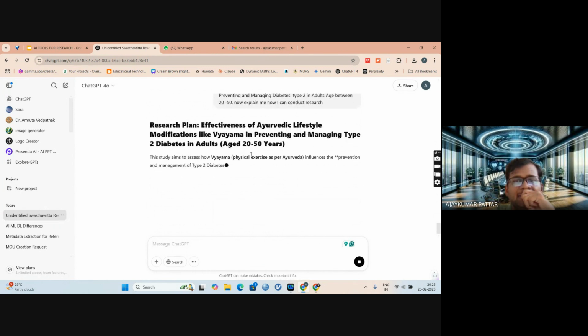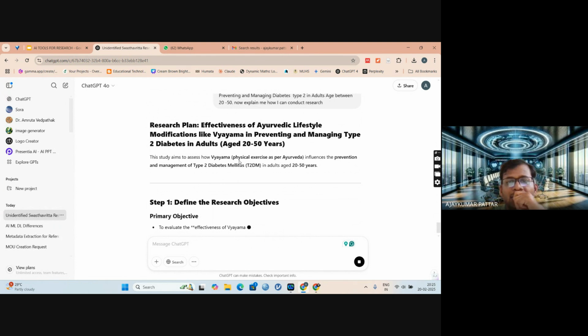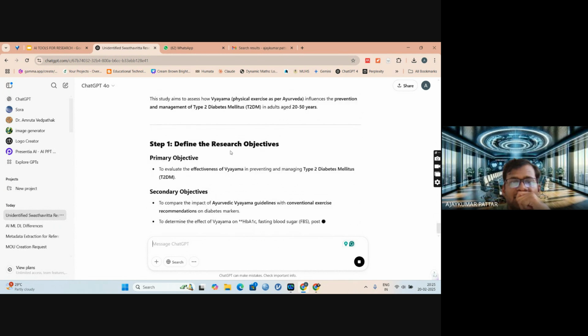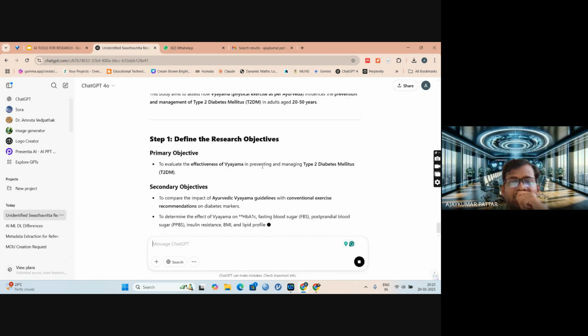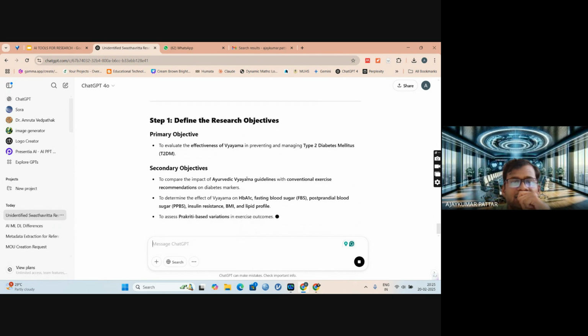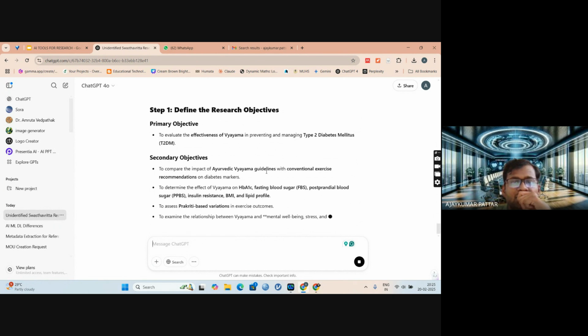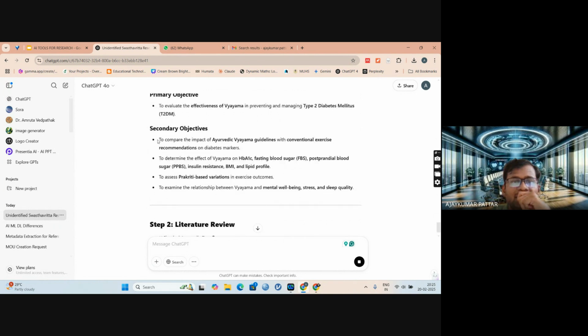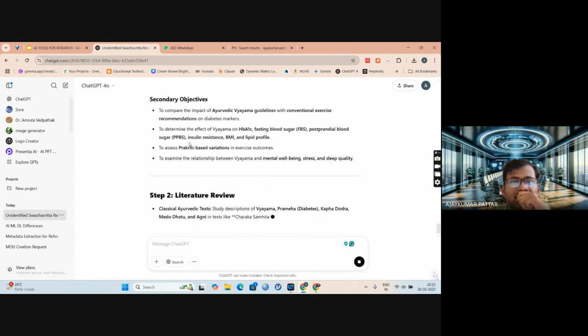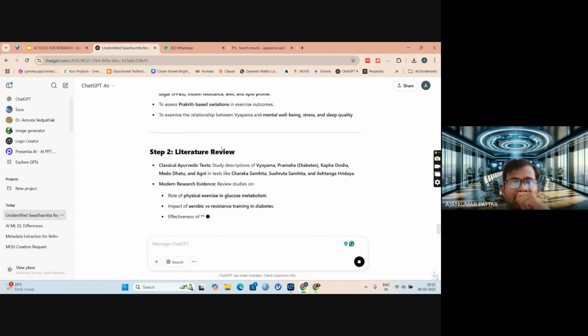So now it has taken Vyayama. This study aims to assess how Vyayama influences, as per Ayurveda, prevention and management of type 2 diabetes in adults, to evaluate the effectiveness of Vyayama in preventing and managing. Secondary objectives: to compare the impact of Ayurvedic Vyayama guidelines with conventional recommendation, effect of Vyayama on fasting, insulin resistance, literature review.